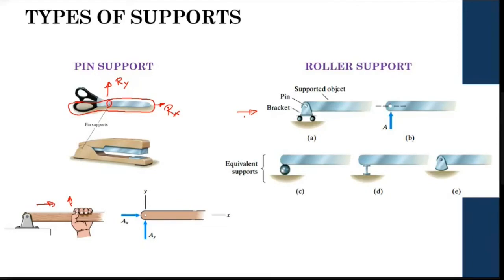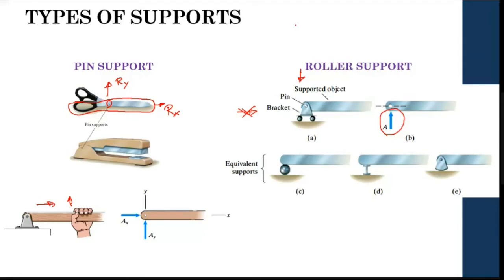Opposing force is negligible, right? So which means there is no reaction force in the x-axis. But if you sit in the chair or if I apply a force in y, there is no movement, which means you will have one reaction. So whenever you see a roller support, you will have one reaction, always in the y direction, or opposite to it. So you can identify from whatever the support it is.